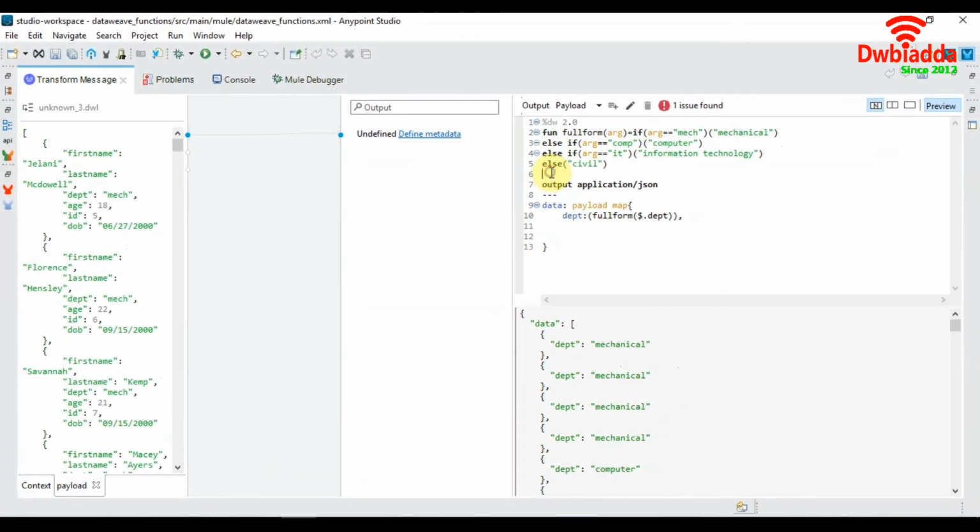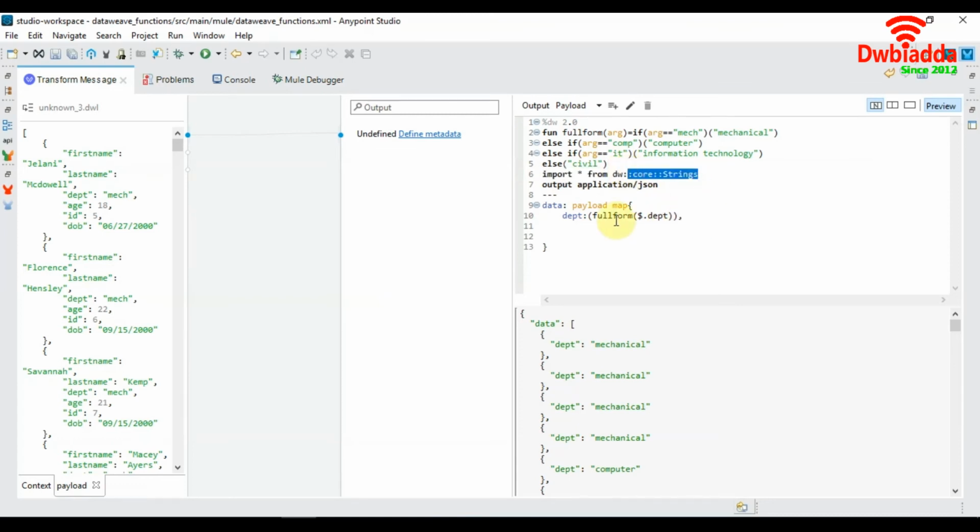So let's call a function from the strings module of DataWeave. So to import a module, simply type in import star from DataWeave core string. So when you specify the star here, this means that it will call all the functions from the module string.